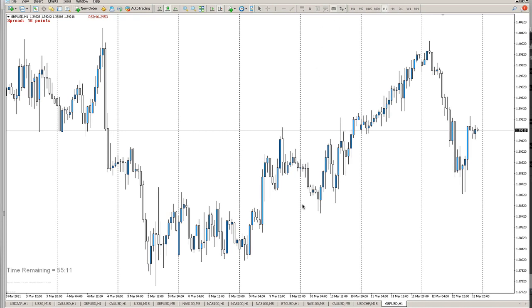Okay, so order blocks. We're on the 1 hour time frame for Great Britain USD. What is an order block? Well, it's an order and it's a block. It's a block of orders in the market. Okay, so